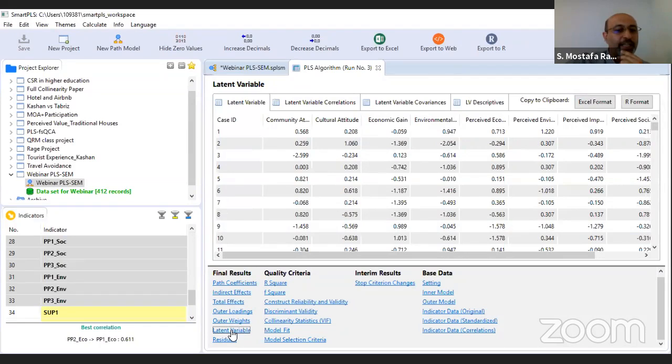Okay, if you click on latent variable, here you can see a score of latent variable for all first order construct. You need to use these latent variable scores for second stage. Actually, now we are in first stage. So click on Excel format and just now copy and